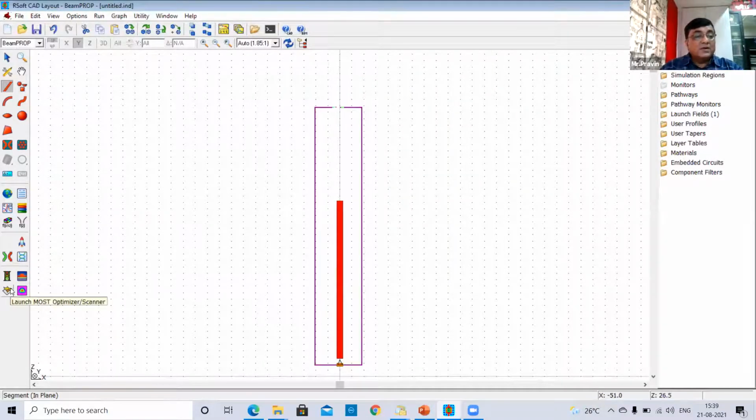This is before you calculate the modes, what modes are supported in this particular device, or you want to see the material profile of this particular device. And this is the pathway, defining the pathway, launch field, and so on.